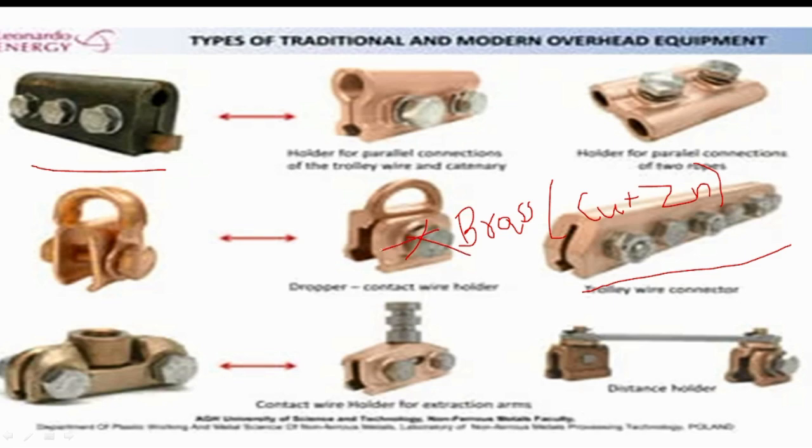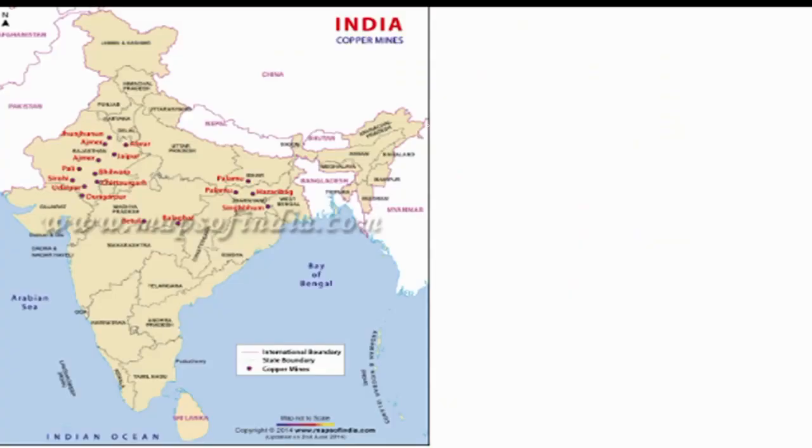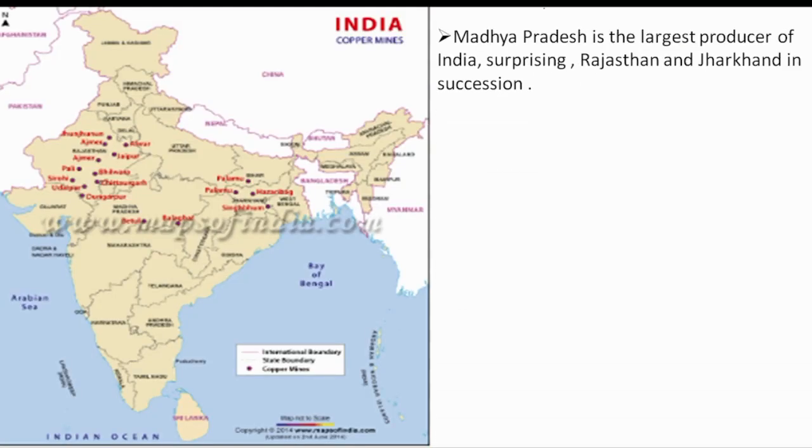And it is also used with tin to make bronze. In bronze, the copper is mixed with tin to form strong bronze. And we'll be discussing the distribution of copper mines in India. The first place we will give to Madhya Pradesh, since it is the largest producer